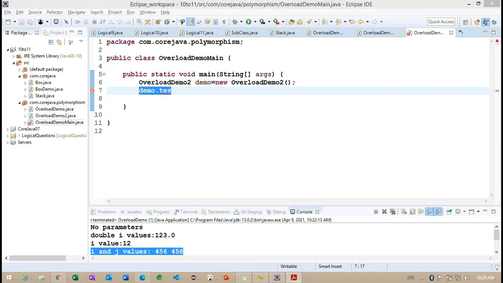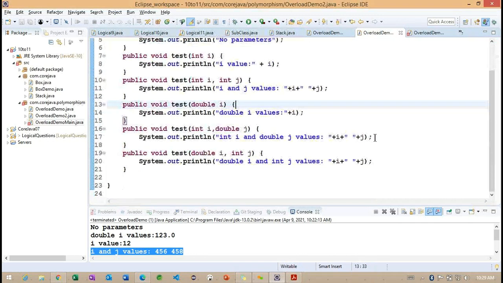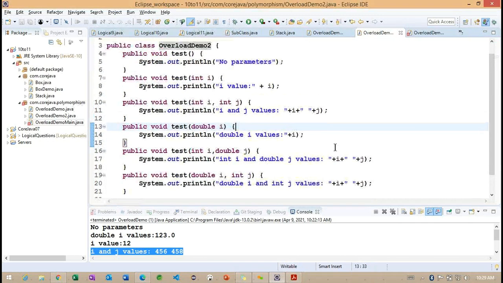Now we have one more thing to work on. This particular test method, I want to change it to double. Let me go back inside this overload demo 2.